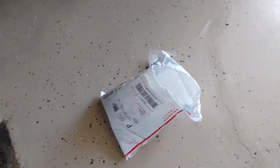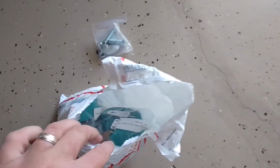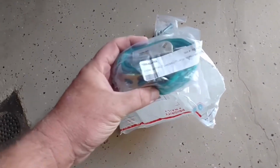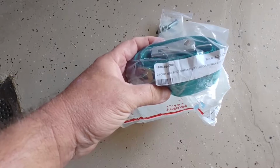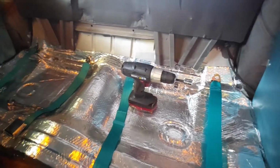Okay, so through the miracle of time, seat belts have arrived from Seat Belts Plus. So I got 4. I'm going to do the fronts later, but 2-point turquoise seat belts, which I'm pretty sure was the same label that was on the back of the ones that I got from Ames for like 3 times the price. They come with the hardware mounting kits as well. I mean, it's $2.95 extra, but